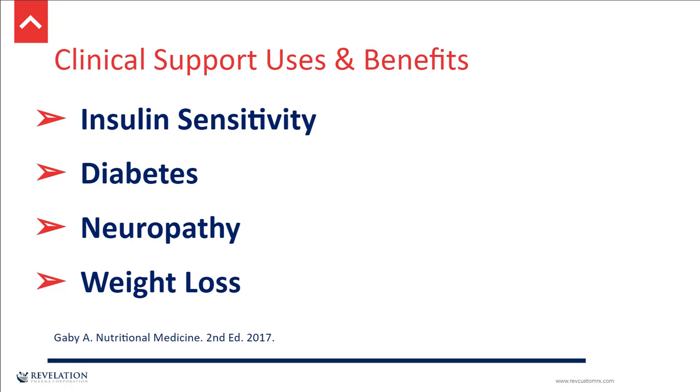So clinical support, uses, and benefits. So here's the big group, and I've got these all together because they're so interlinked that it's hard to even separate them. But we've got insulin sensitivity, which of course is probably what most Americans have to some degree, but at a severe level is what of course leads into diabetes, type 2 diabetes more specifically, and neuropathy down that pathway. But then it supports weight loss because again, weight control is heavily tied into this whole insulin sensitivity and